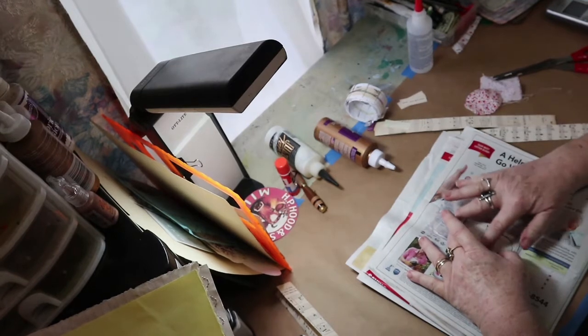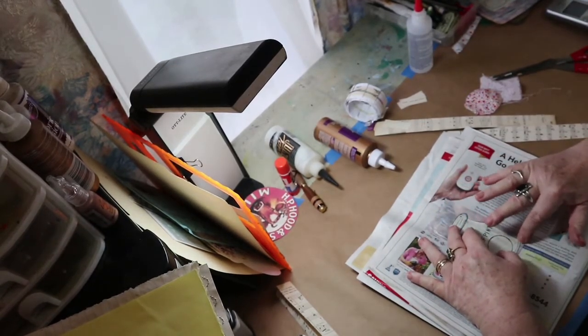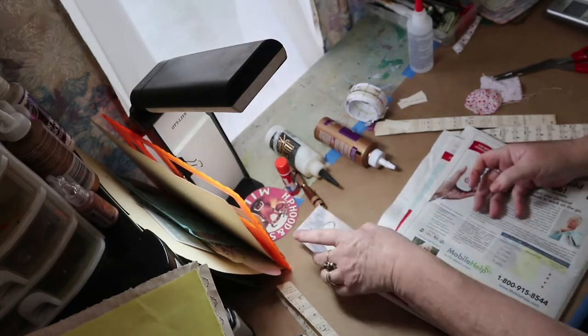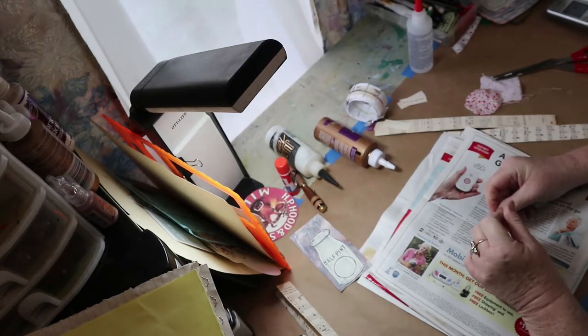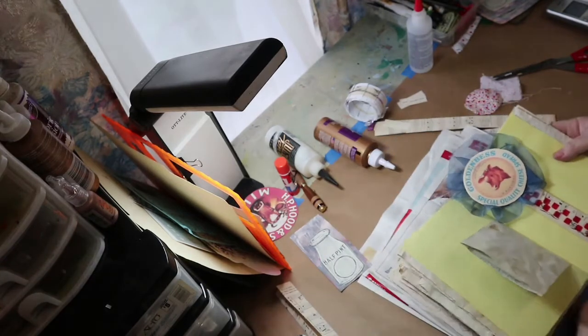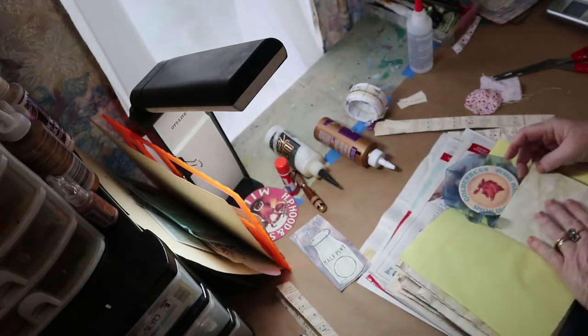I like to rub that glue in just to make sure it's really taking hold. Okay, and now we're going to set this aside. And so we have this going on, and so now I figured our next thing we might do is work